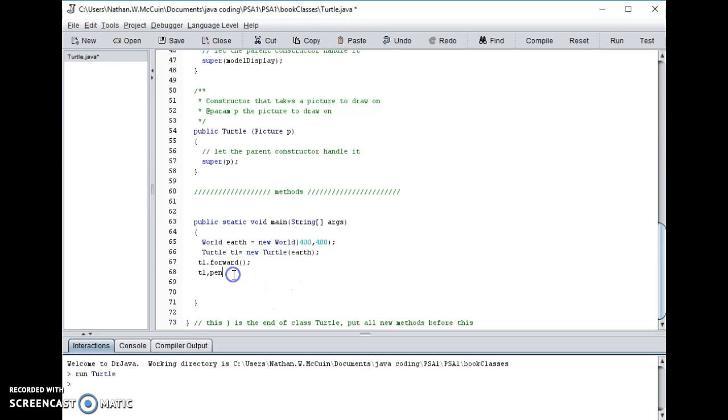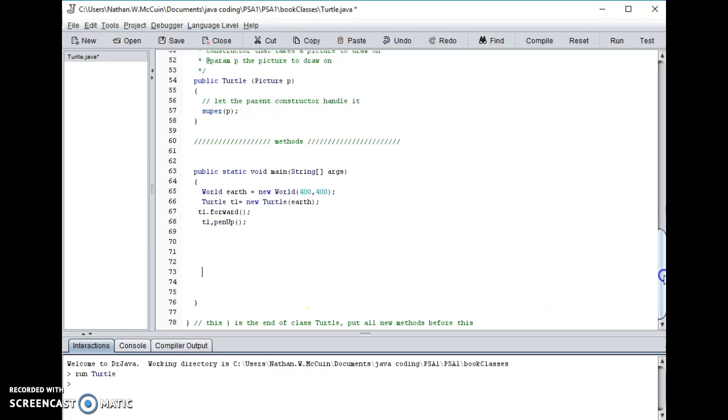Now I will make the turtle do pen up, and that will make him stop drawing, so I can teleport him to where I want the first letter to be. So, pen up. I'm going to give myself some extra room real quick. I'm going to name it drawing the first letter, which is N, with the turtle. N. Alright, and that will be the turtle moving, T1, move to